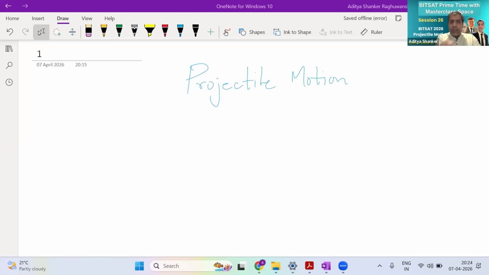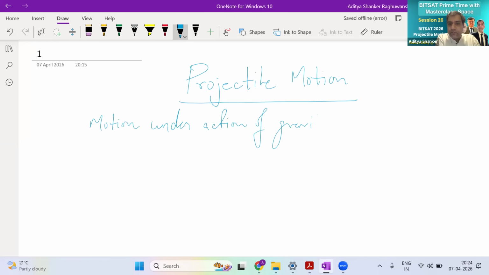So, projectile motion is actually motion under the action of gravity. If the motion is not under the action of gravity, then it will not be called projectile motion. For example,